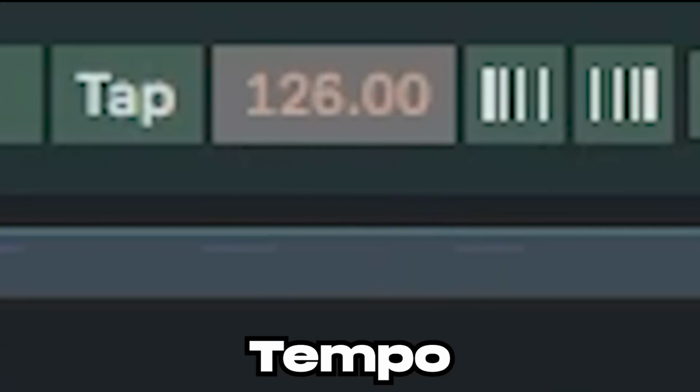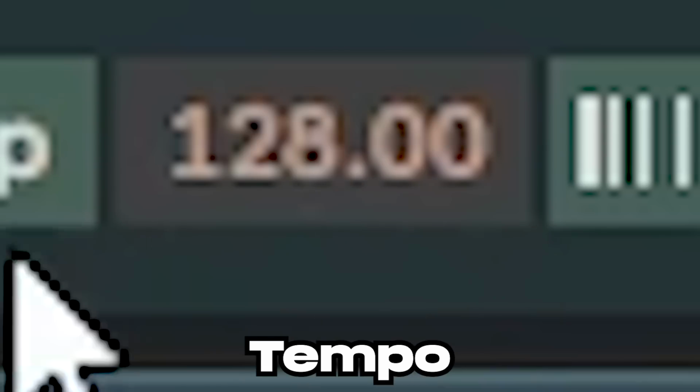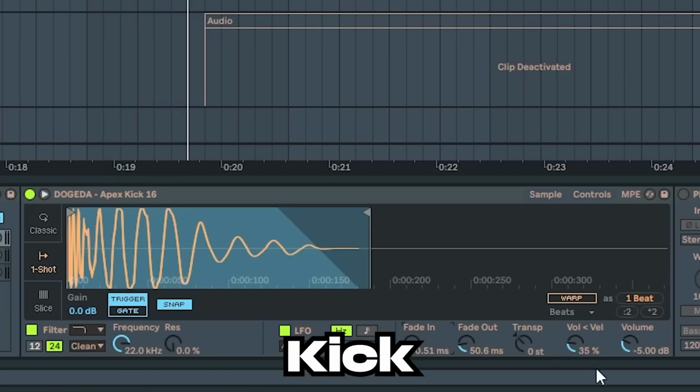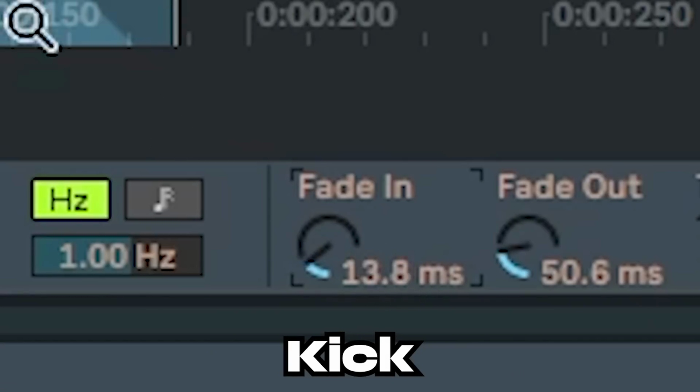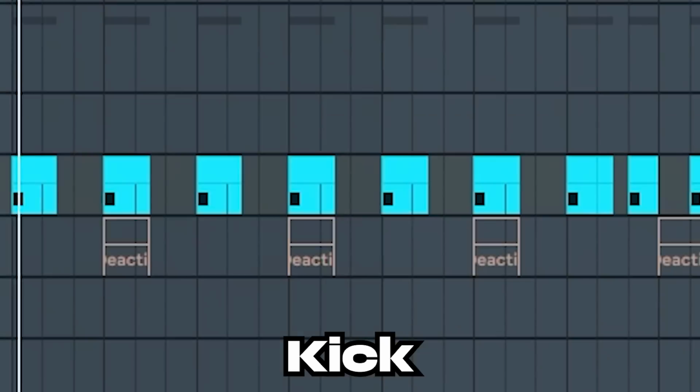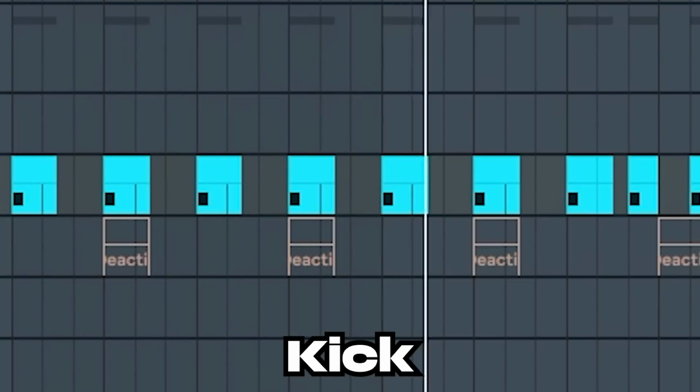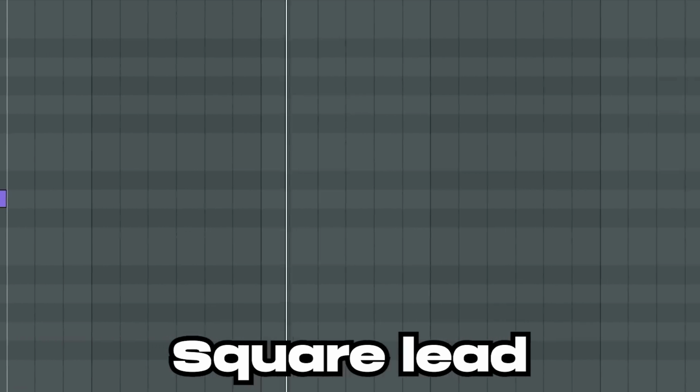So I'm going to set the tempo to 128 because it's a house tempo, something you can dance to. I'll start off with a kick. I'm going to take the start of the sample and move it a bit forward to create this muffled effect. Now I'm going to start off with this weird square lead